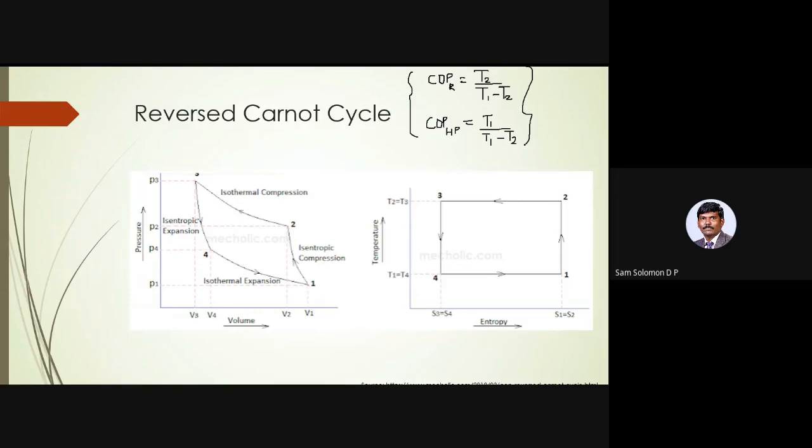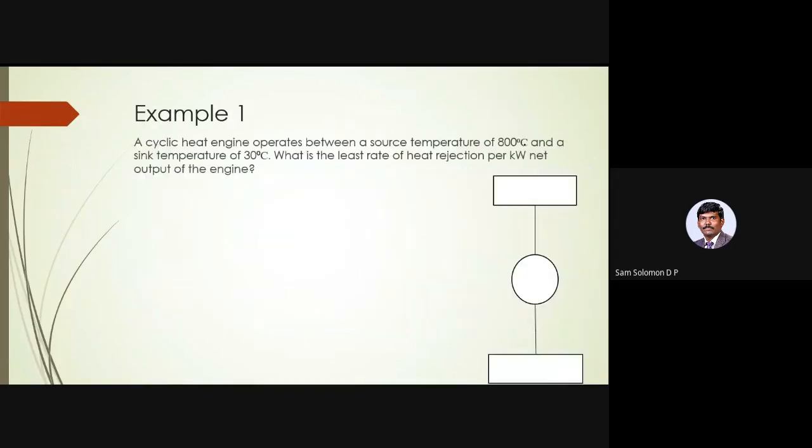The same thing applies for your refrigerator and heat pump also. If they say Carnot refrigerator or if they say reversible refrigerator, then use the formula T2 by T1 minus T2. If they simply say it is an ordinary refrigerator where the processes are irreversible, then you can go ahead and write it as Q2 by Q1 minus Q2. I hope you are able to appreciate the difference between the heat engine, refrigerator, and heat pump where the processes are reversible and irreversible. Hope you understand that. While we solve a couple of problems, it will be much more clear to you.